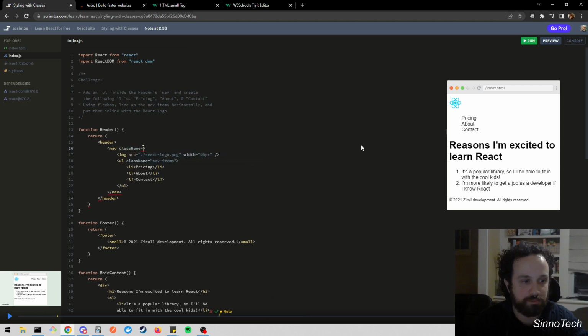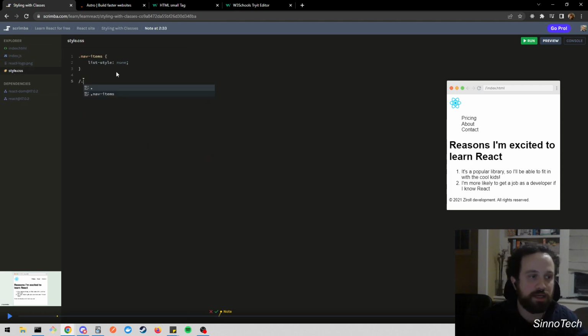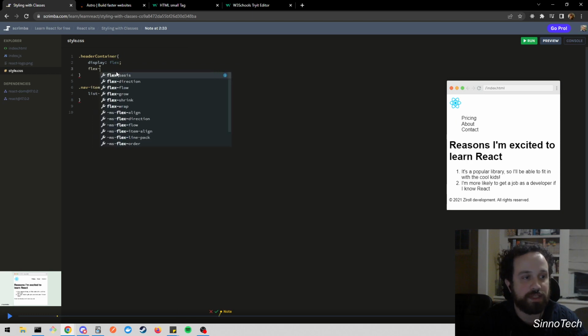Last name is equal to, let's just say, we'll call it the header container. Okay, and then we'll go to our style.css and actually, you know what? We'll try to do this in alphabetical order. Header container. We're gonna do display, and we're gonna say flex, and then we're gonna say flex direction row,